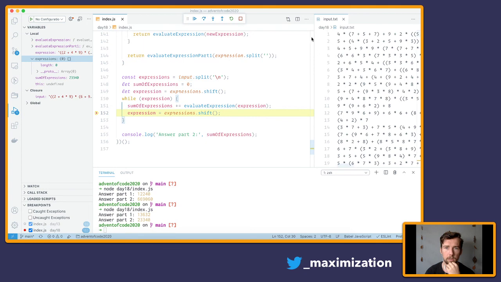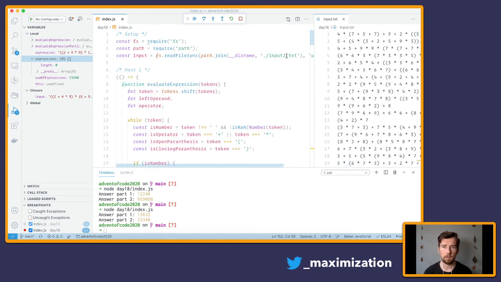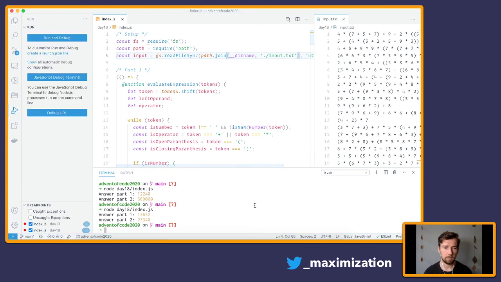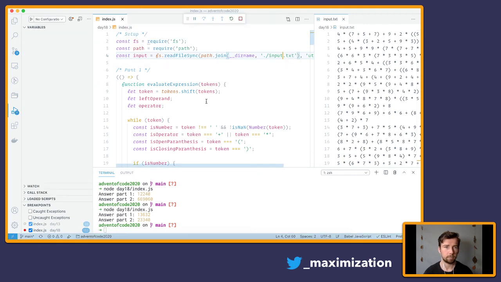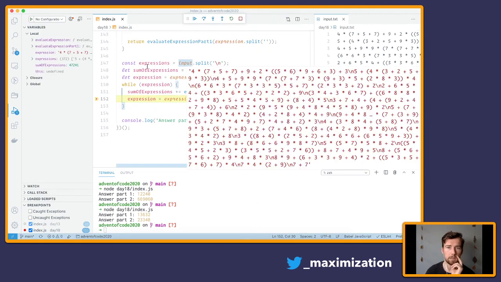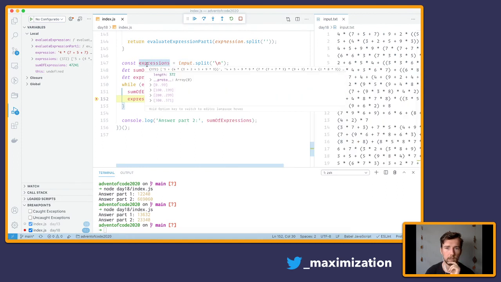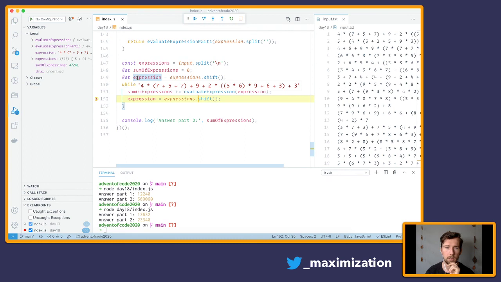Our inputs. Oh wait, we are not working with that, but okay. Let's run it again. So our input is about expressions. We get all of these expressions. So our first expression was that, yes, and the sum of that is that, and then our next expression is going to be